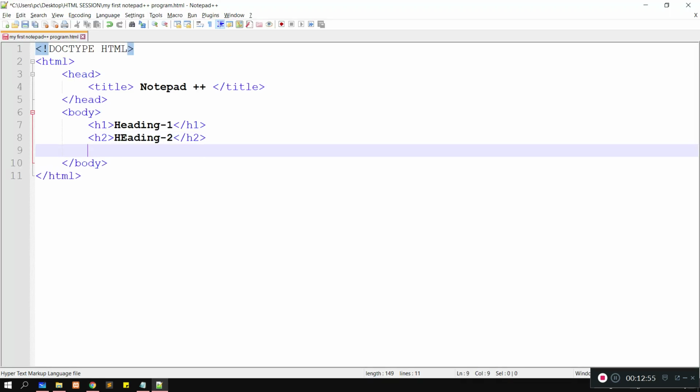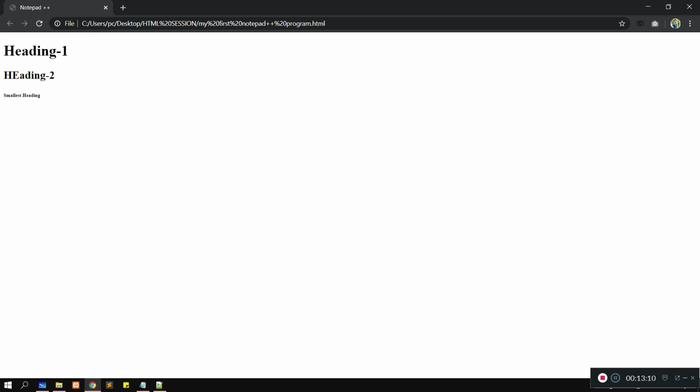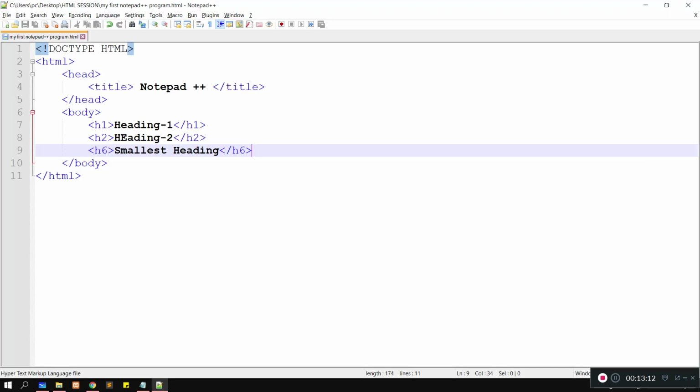Likewise we have heading 6, the smallest heading. Okay, so which one is the biggest heading tag? That is h1. And which one is the smallest? That is h6.